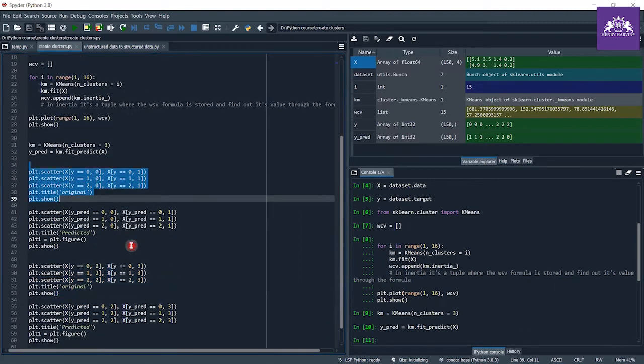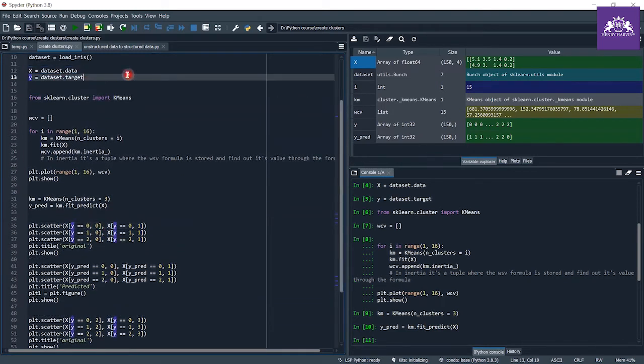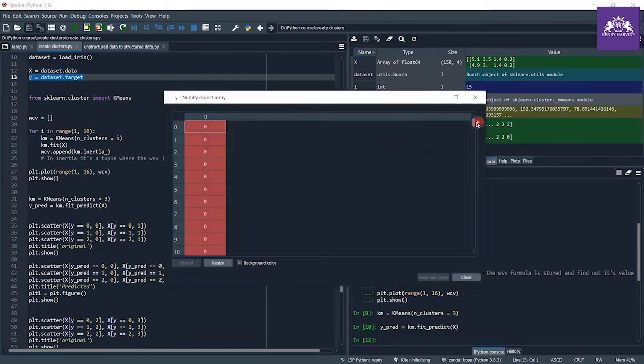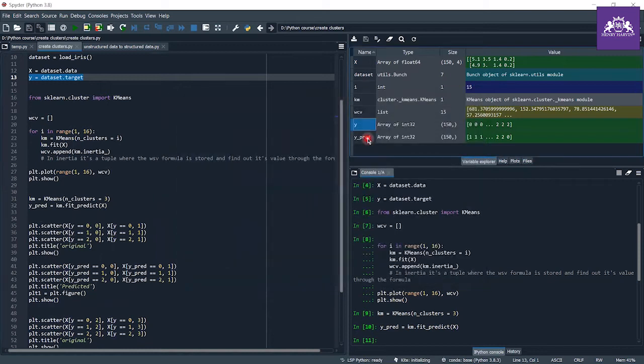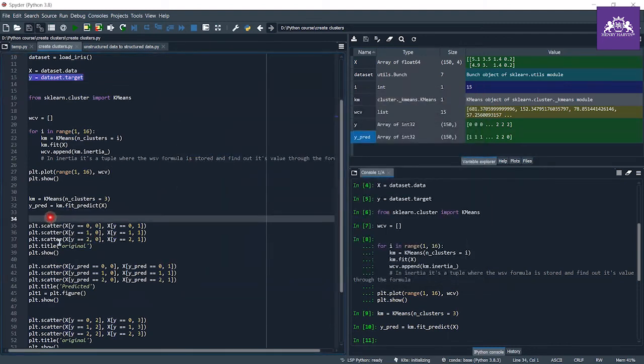First of all, I want to show you both at the same time. This is our original data, where I have this y value. As you can see, this is the y value, which we already get from the dataset. This is the original y value, and y pred is the value predicted by the algorithm. So let's see the difference between them.